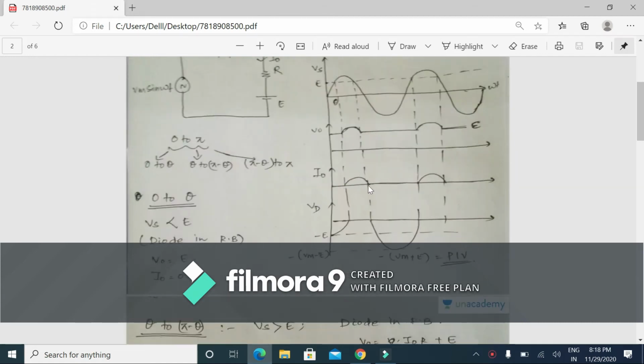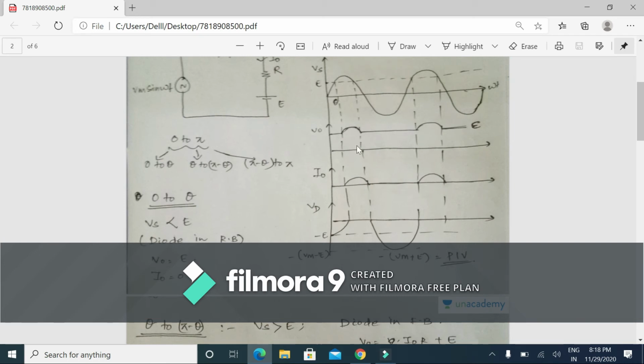The value of the current will be equal to Vs minus E divided by R. That is the source voltage minus E, that's why I am showing here only the peaks. That means this remaining peak and this remaining peak. Maximum current will be exactly at omega t equal to pi by 2,